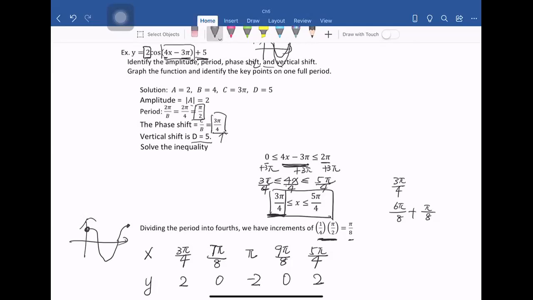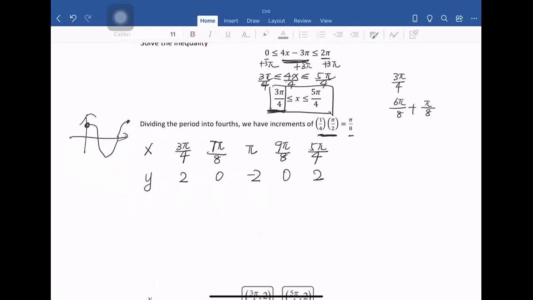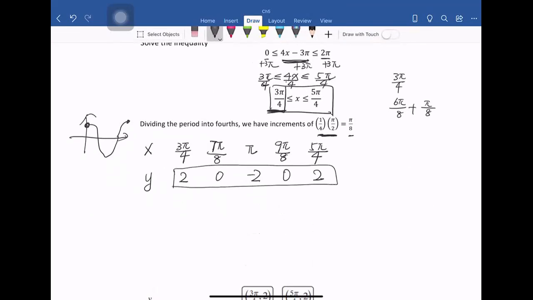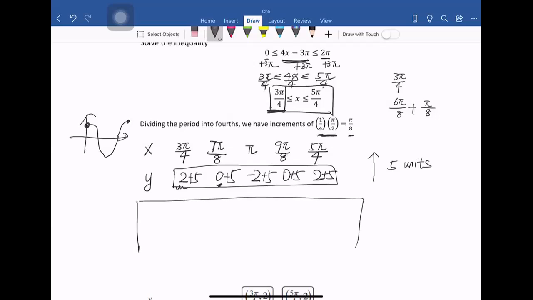After we have these points, they're not the final points, because all of these y values need to be moved upward 5 units. Sorry. So 2 is not 2. We need to add 5. 0 now is not 0 here. It's 5. Add 5. Add 5. Add 5. That means I can make a new